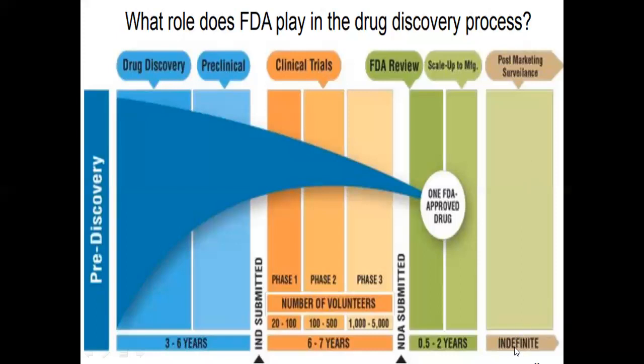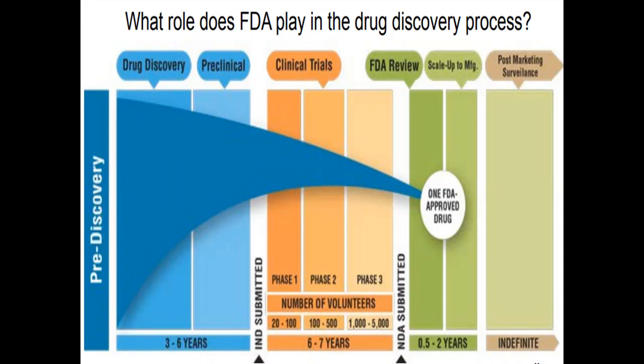So here the time is indefinite, right? After the drug exists in the market, it may be 10 years, 20 years, 50 years also, and it may show particular types of adverse drug reactions. After that, the drug may be banned. The FDA is going to ban that particular drug. That's why a number of drugs have been banned by the US government, the Indian government and other countries also, right? So the time is not mentioned; it is indefinite. So that is the role of the FDA with new drugs.